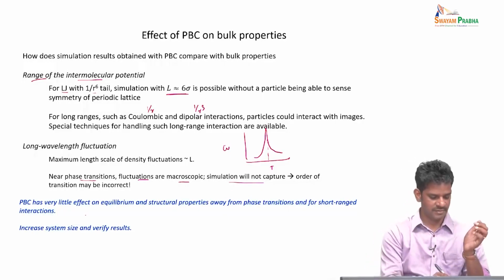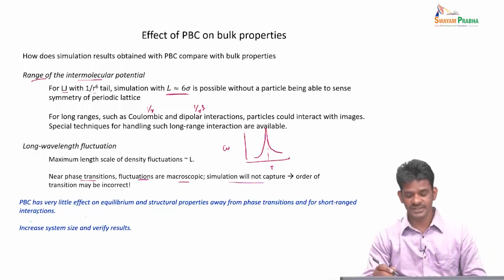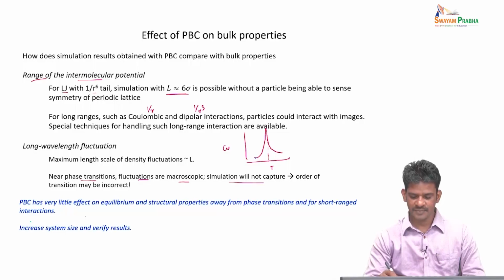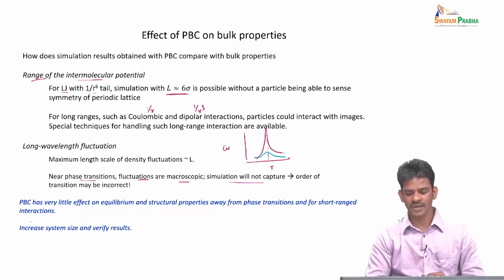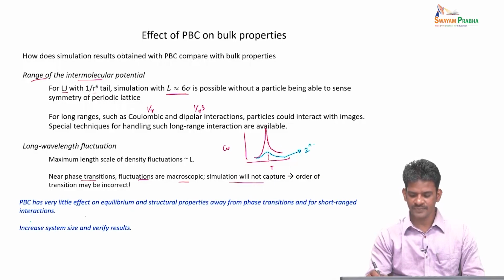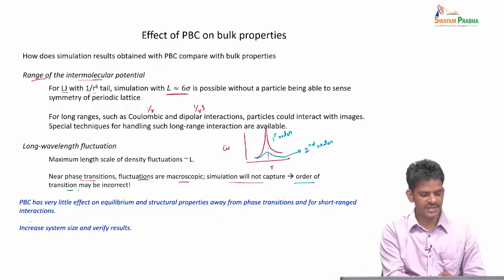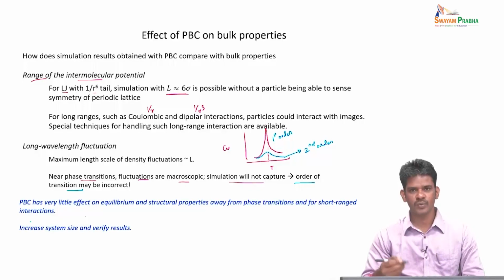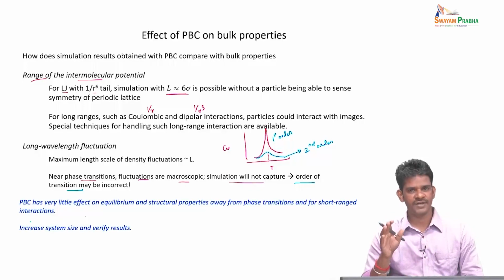what you might actually see is not this kind of a divergence, but something like a continuous change. So when you have this kind of a very smooth C_V, then we might identify this as a second order phase transition, whereas the true phase transition was a first order phase transition. So we may be incorrectly saying the order of the transition studied in simulation to be of a different kind than what it actually is. These are some of the subtle points that we have to keep in mind when studying phase